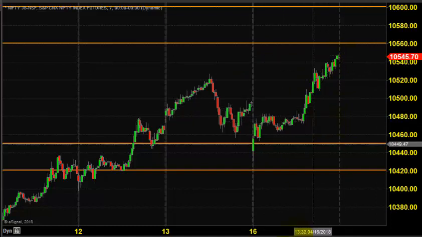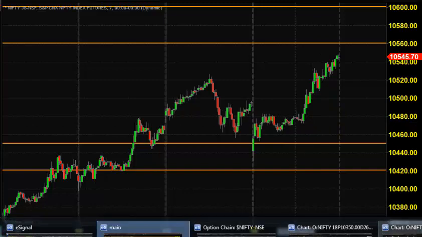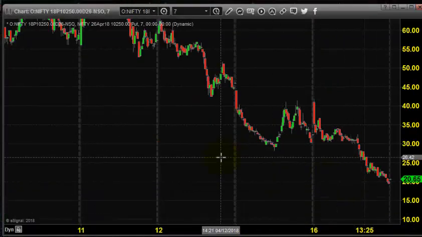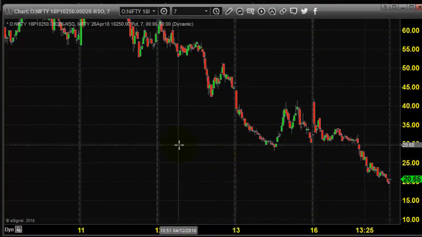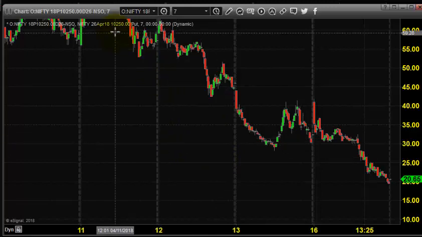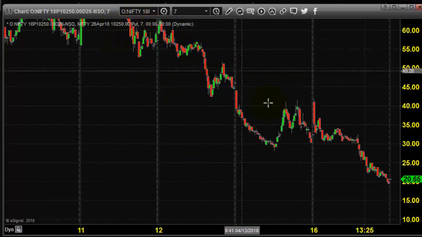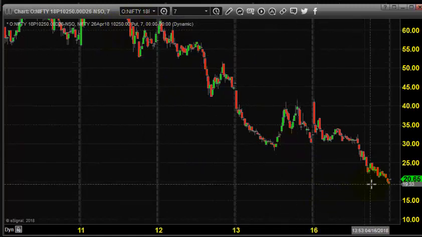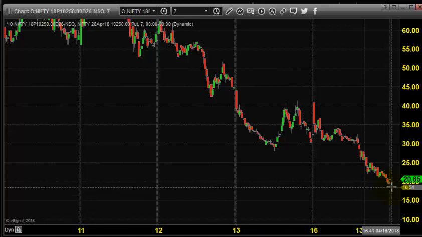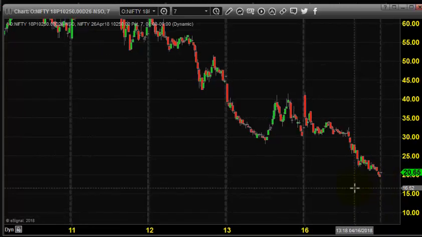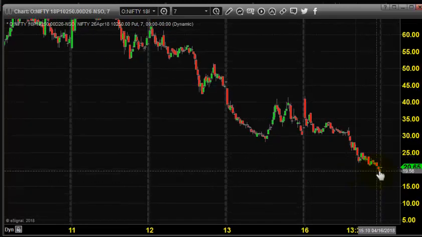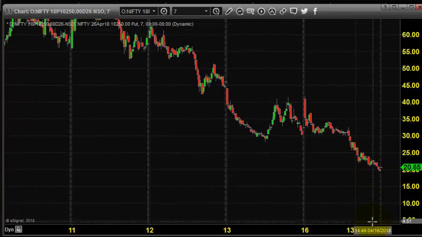So today also we are going to do the same thing, but to be on the safer side, we are going to select a little bit out of money put option, 10,250 put option. You can buy around the price close around 20.65. It may be opening near 20, so the maximum stop is 20, so need not bother about the maximum stop